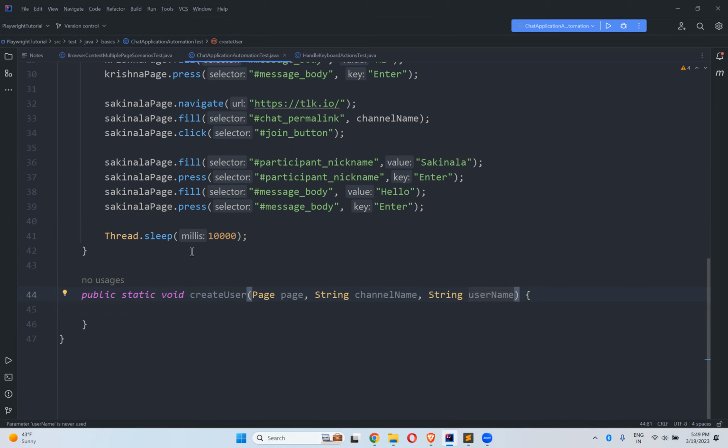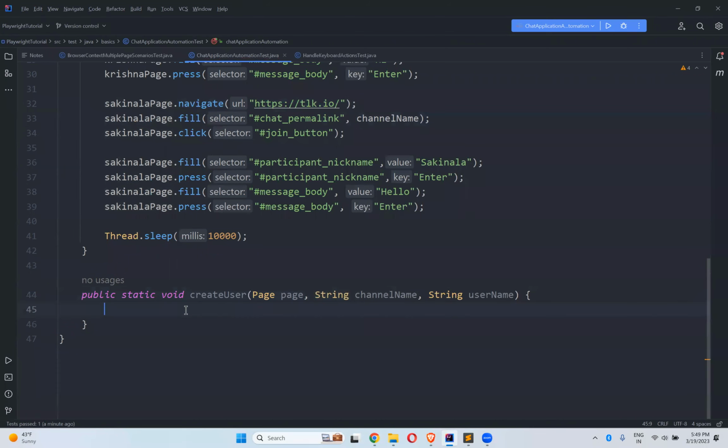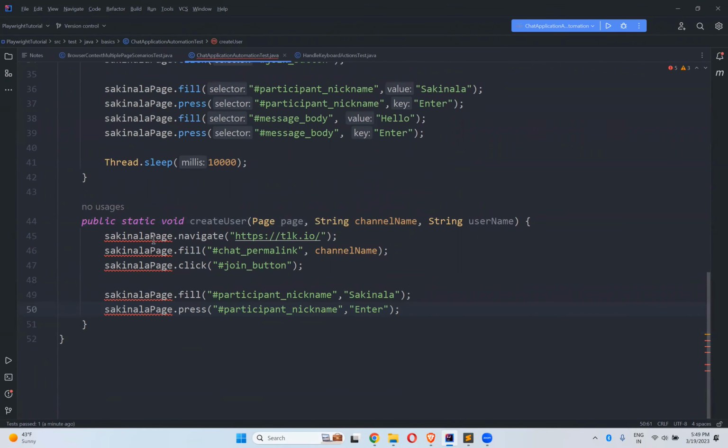Inside this, I'll move this code from here to here. This is common for multiple uses, right? So I'll replace this page with